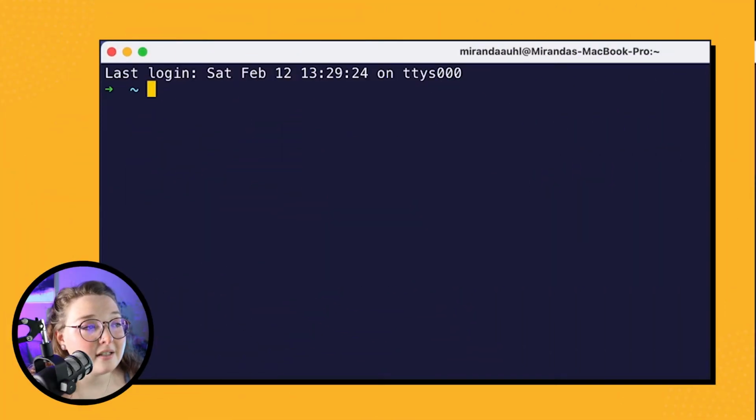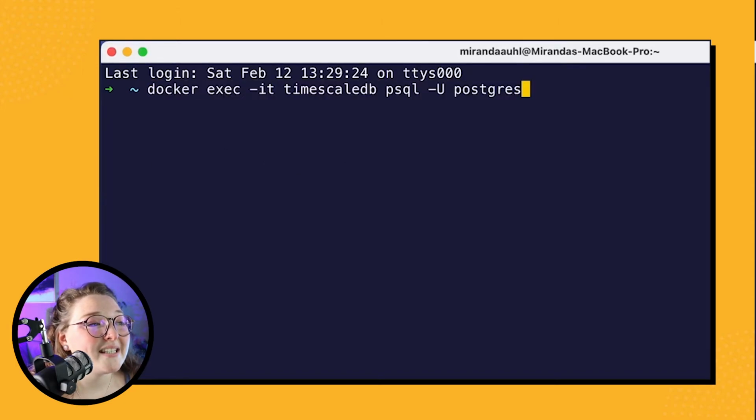And the last method, but not least, is how to connect to your Docker container Timescale database instance using the container itself. So let's get right into it. So in order to access the container in this way, we need to use the following code within our local terminal. So this will essentially allow us to treat our own terminal like the terminal within the container, which is